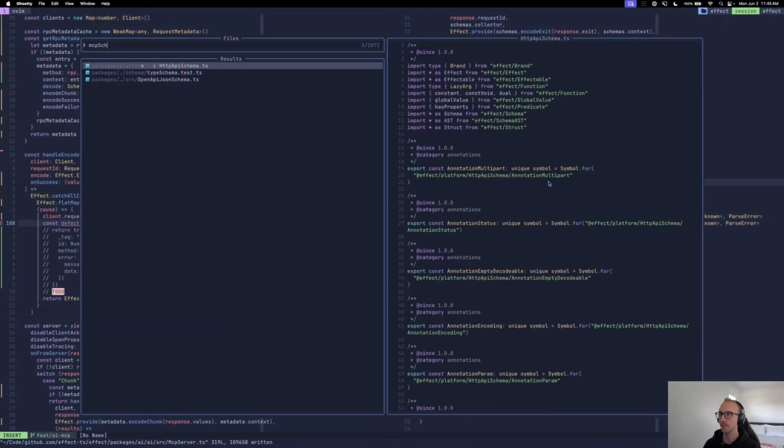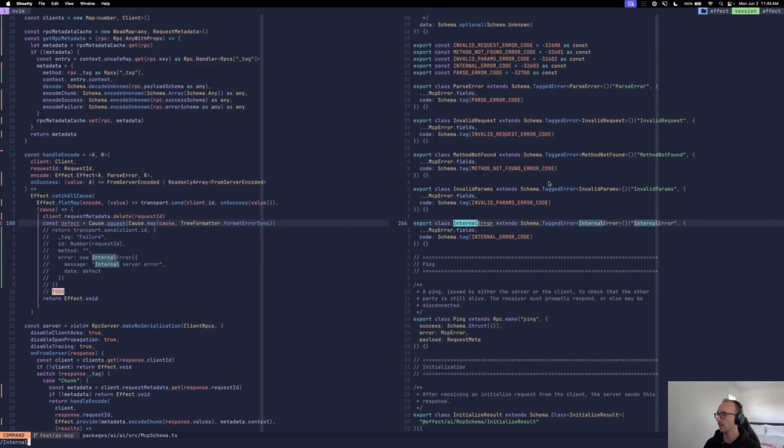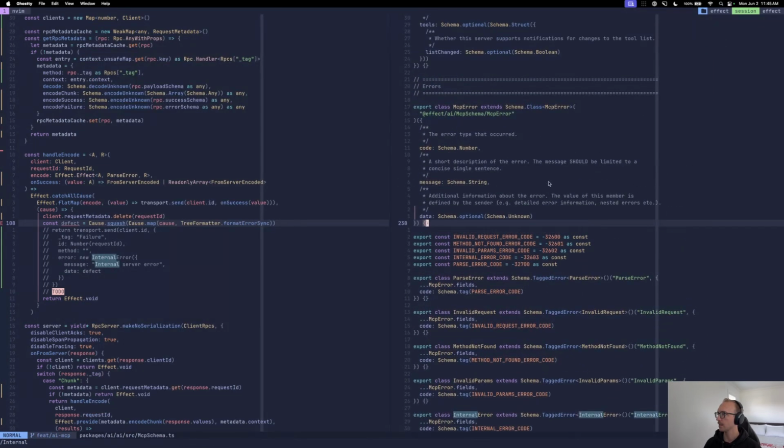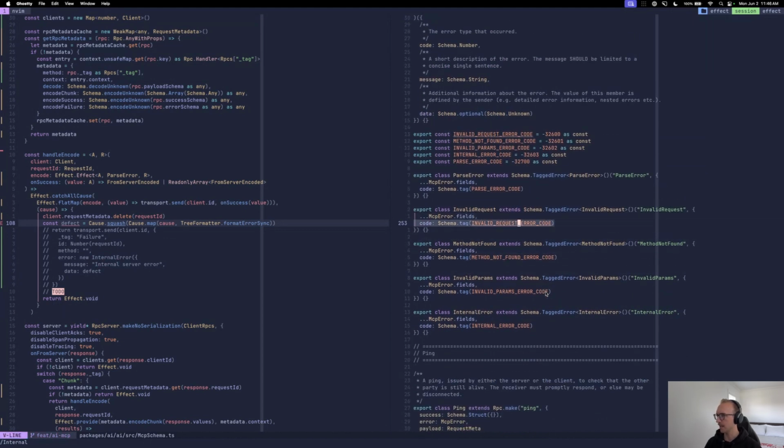So if we look at MCP schema, internal error. You'll see there's this more generic MCP error class that just has code, message, data. But then there's the specific cases: parse error, invalid request, method not found, invalid params, and internal error. And these use schema.tag to define the code. What schema.tag does is it creates a property signature for the schema that has a default value of whatever